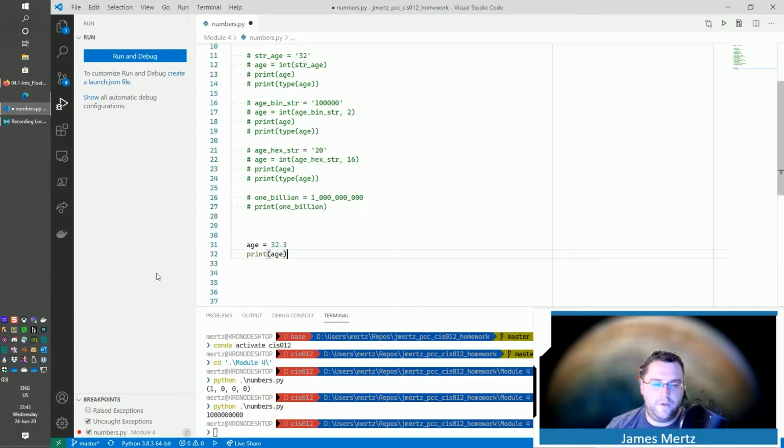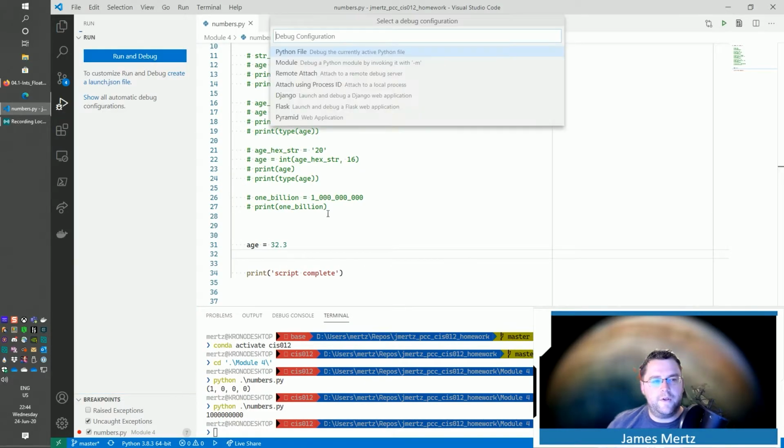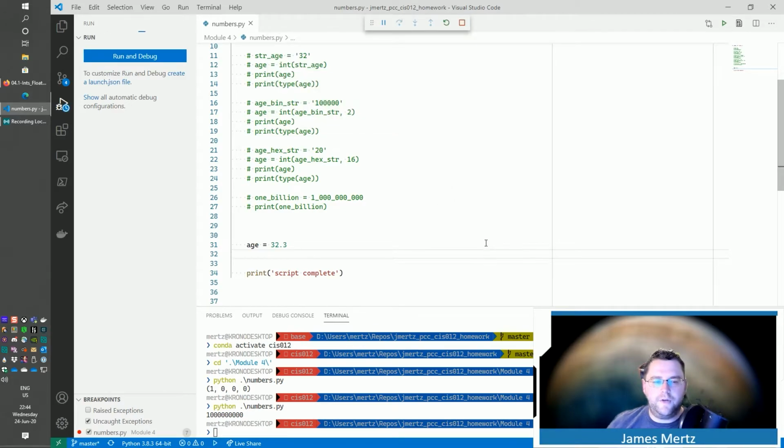Actually, I'm going to take this away. So age is this, and then I'm going to put down here print script complete. And let's inspect this using our new little way of debugging things here. So remember, if we click on this little bug looking thing, run and debug, and then run it as a file,